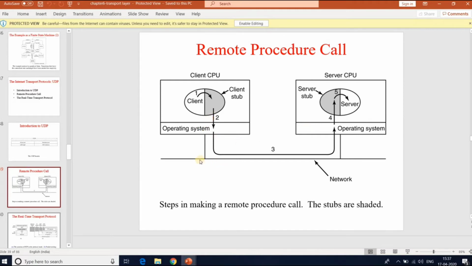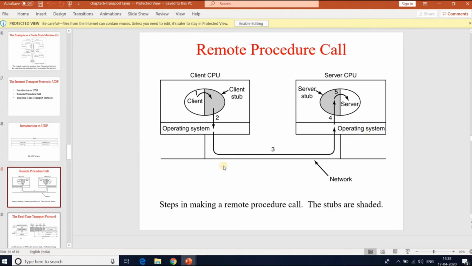In this example, when the process on machine 1 calls a procedure on machine 2, the calling process on machine 1 is suspended and execution of the called procedure takes place on machine 2.